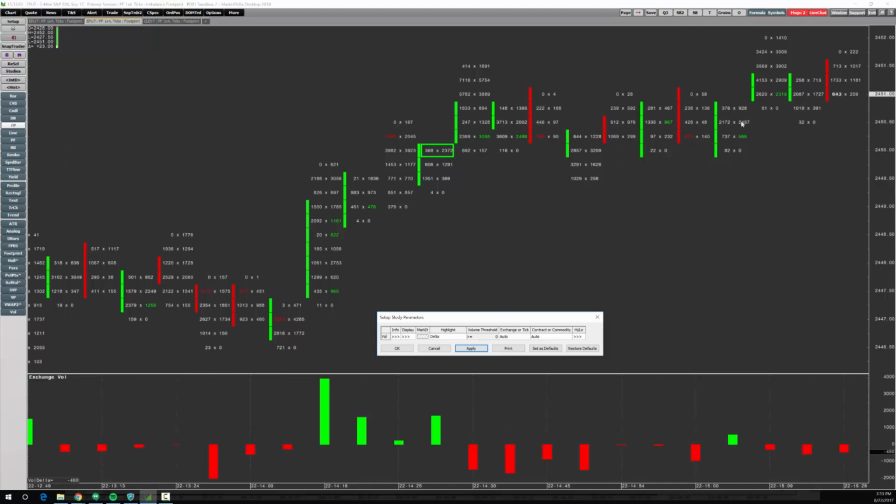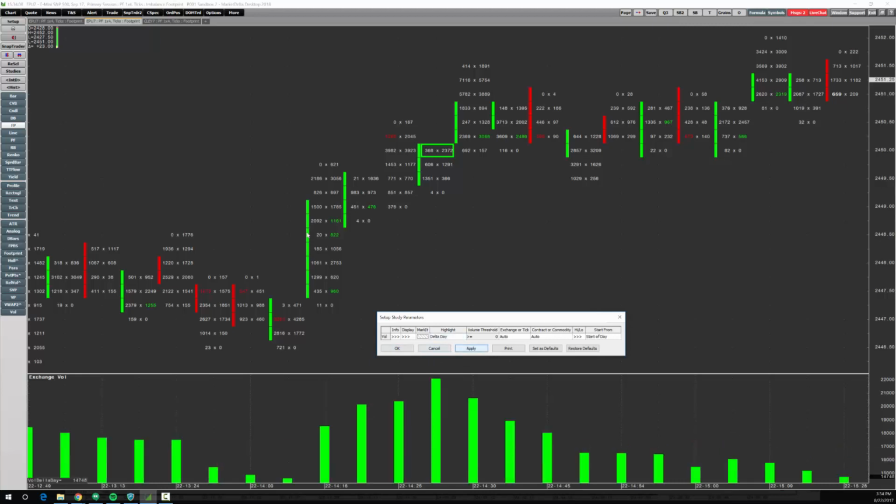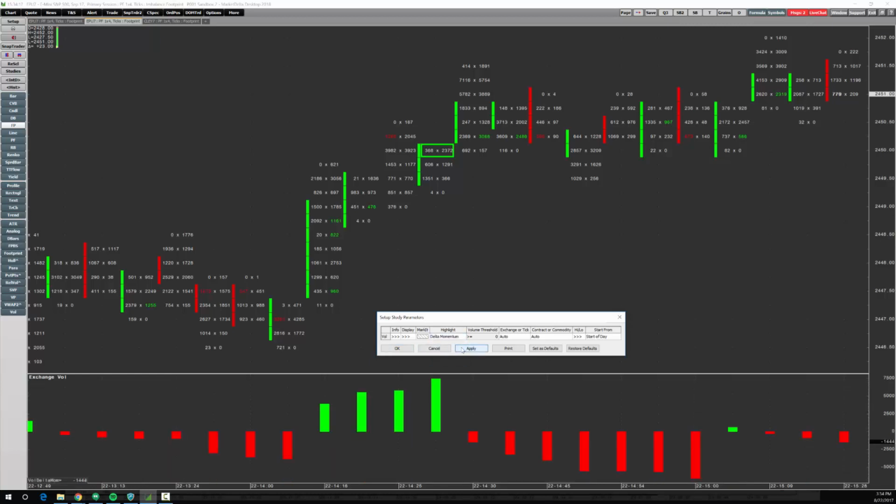You're only looking at the last hour or so, but it has been a trend day. And if we look at the cumulative delta, the delta day, and I hit apply, you can see it topped out around 22,000. It's since just kind of leveled out, but we still have a nice positive delta of about 15,000. So that is delta day. Delta momentum,